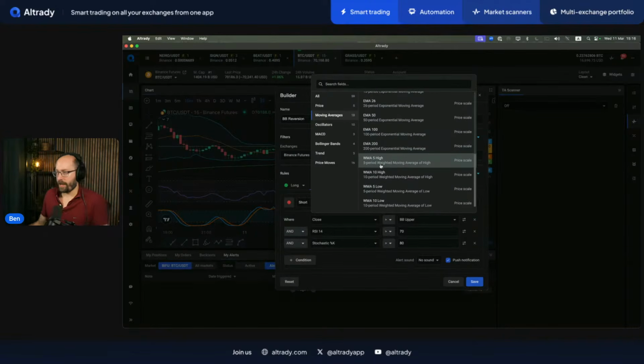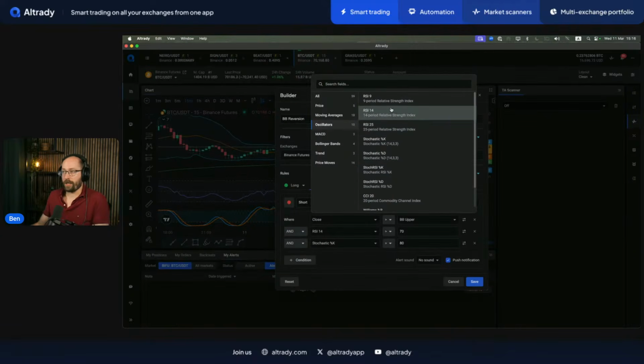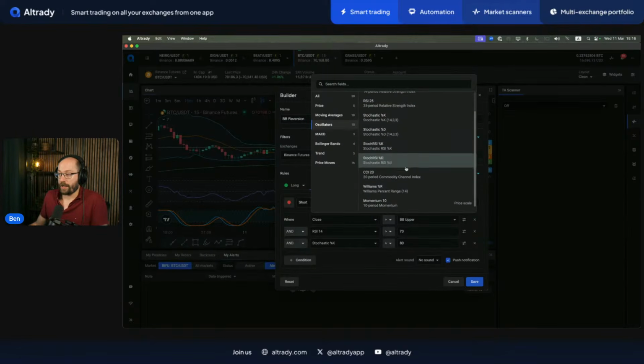And a weighted moving average. Like I said, we can add more if you have any specific requests, no problem. We also have the oscillators. Oscillators are like leading indicators, like the RSI, stochastic RSI, the commodity channel index, and the William percent range and